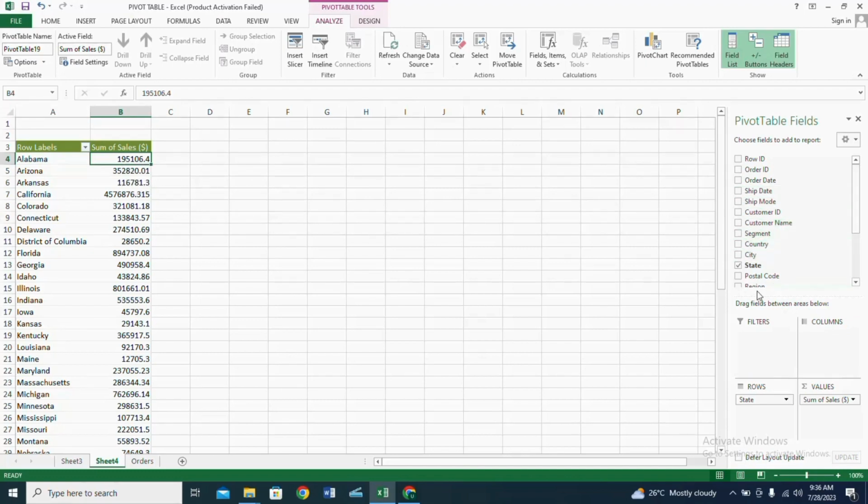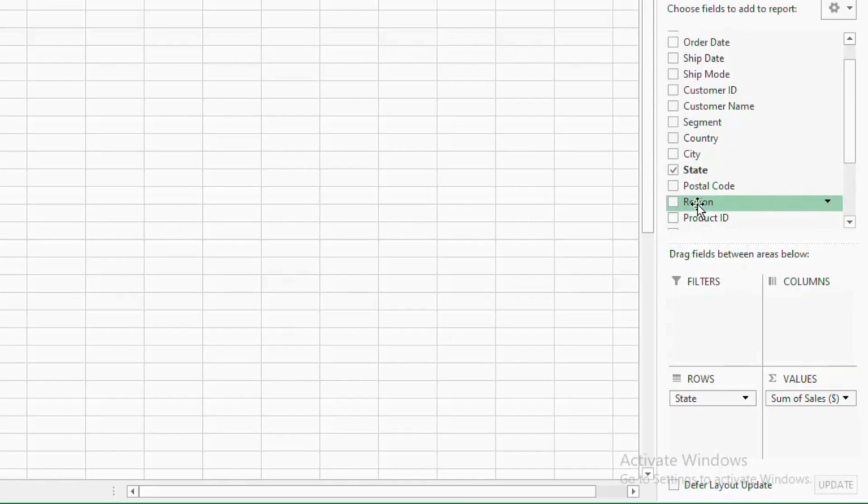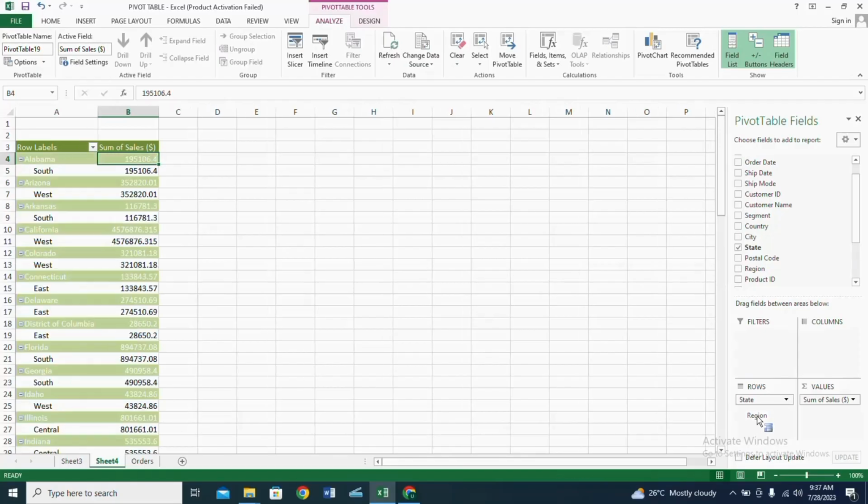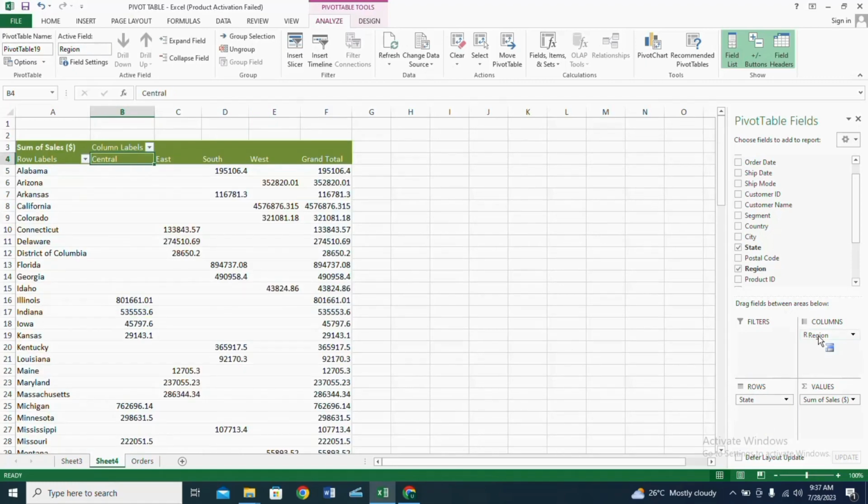So I'll go to my pivot table field list, select region and drag it. The good thing with pivot table is while you're dragging your field to any area, you can see if that is where you would want it to be. So if you're not okay with where it is, you can easily change it to another area. So let's leave it in this column section.